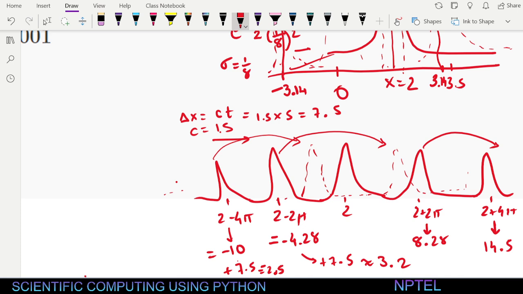Okay, so this entire train has moved by this. And we are asking what happens at 0. At 0 is somewhere here. And so you need to remember, just because this peak has moved does not mean that at 0 it's going to be close to 0, because there can be a peak somewhere here in the left, right, which can come to 0 and give a non-zero answer. Okay,